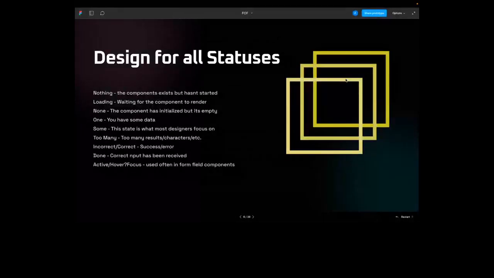So when designing, you design for all statuses. So first, you design for a nothing state. That is when a component, for example a page, exists, but nothing has actually